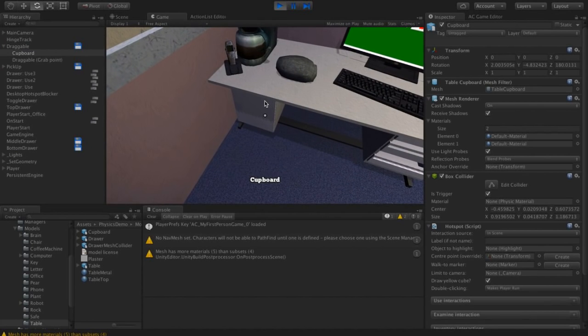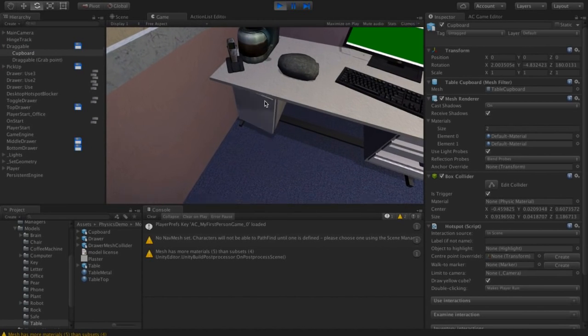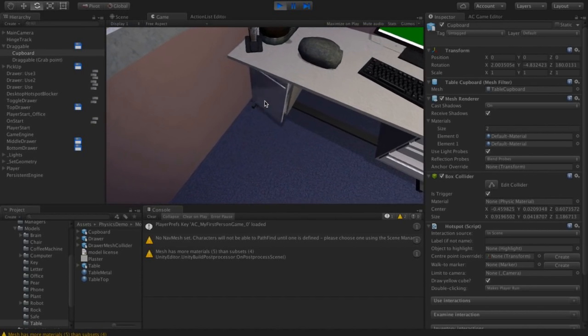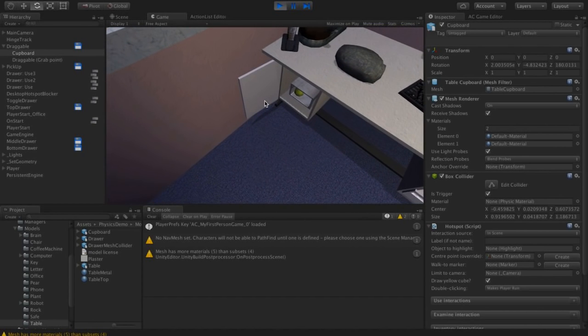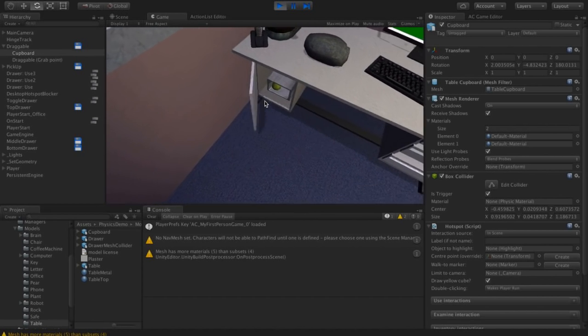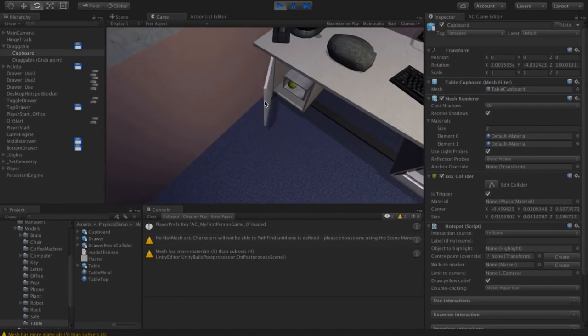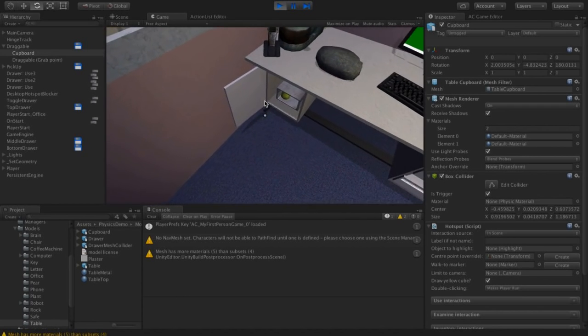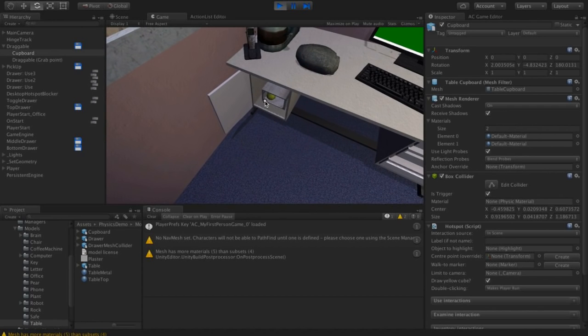And if I hold down the left mouse button and drag, I'm able to open the drawer. Now you'll see that I'm also free aiming. I'm also still looking around when I'm dragging, and depending on your tastes, you might not want that. I personally don't like that.